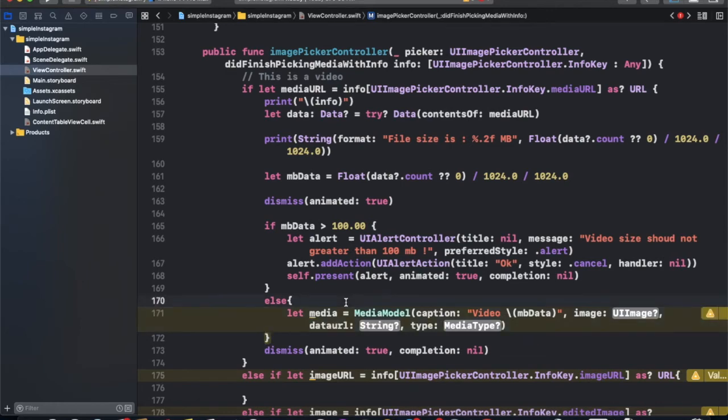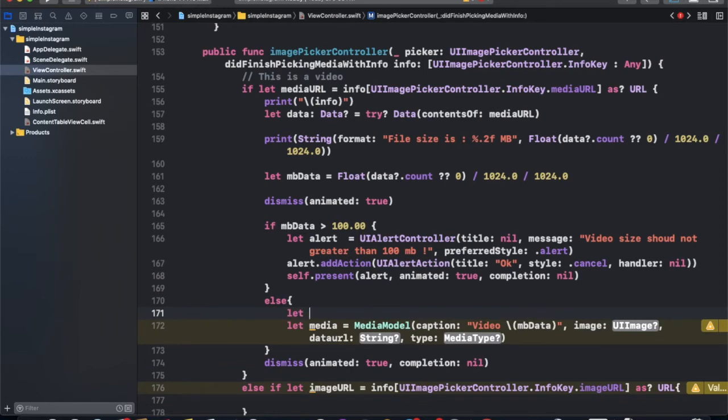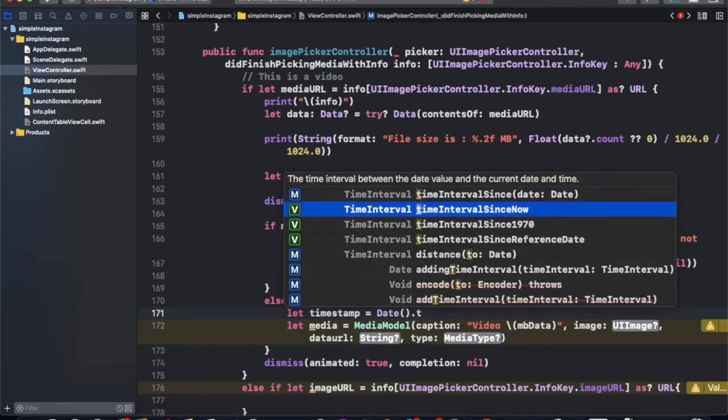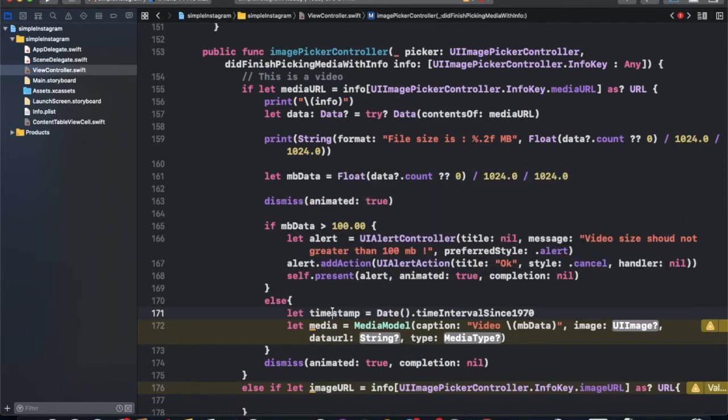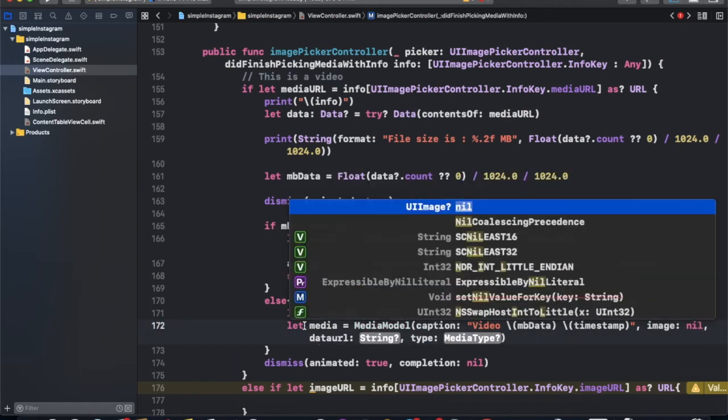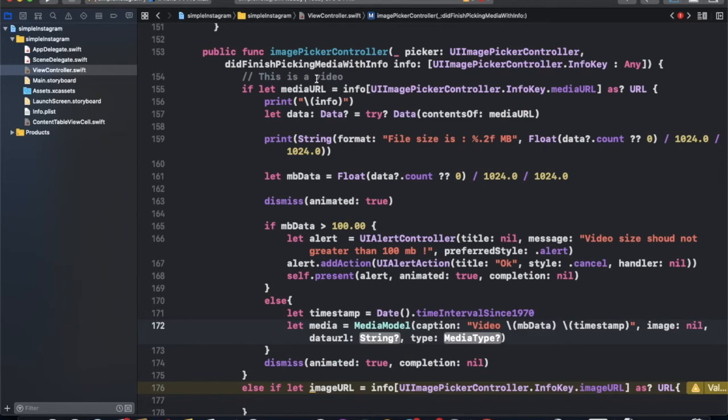Like Date timestamp since 1970. Now image is nil and dataURL is the media URL.